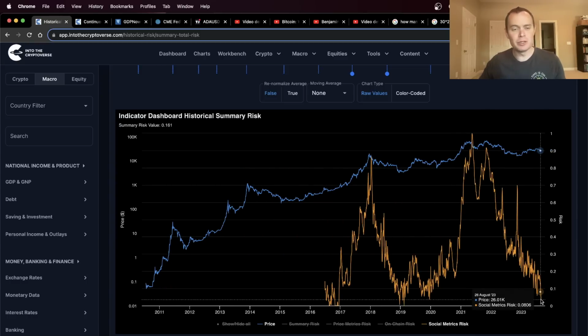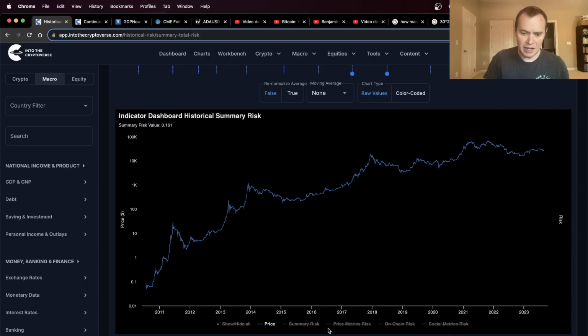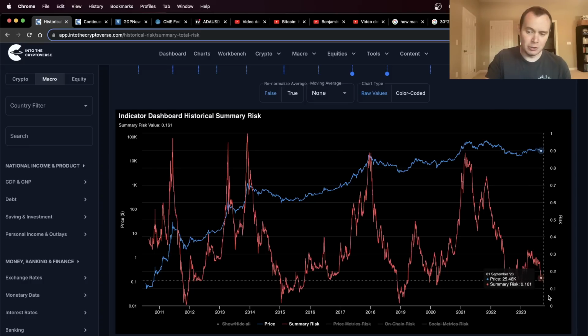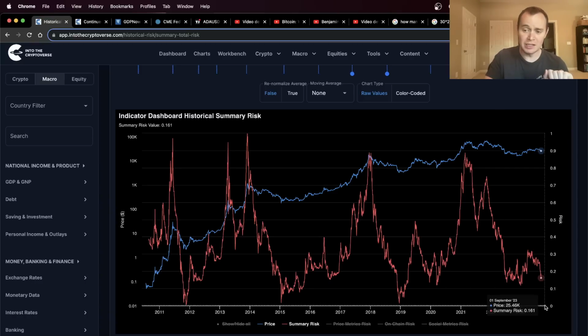So if the price were to drop and the price and the on-chain risk were to go down, which they would if the price were to drop, then this time the total summary risk would actually go to the lower risk band. You could have a lower low as well with Bitcoin, like that is a possibility. You could also have a higher low that would still put you in the lowest risk band. So we should be prepared for all outcomes. I will probably do a video at some point in the next few weeks trying to provide evidence for each of those outcomes and letting you figure out what you think is the most likely. But that is where we currently stand.